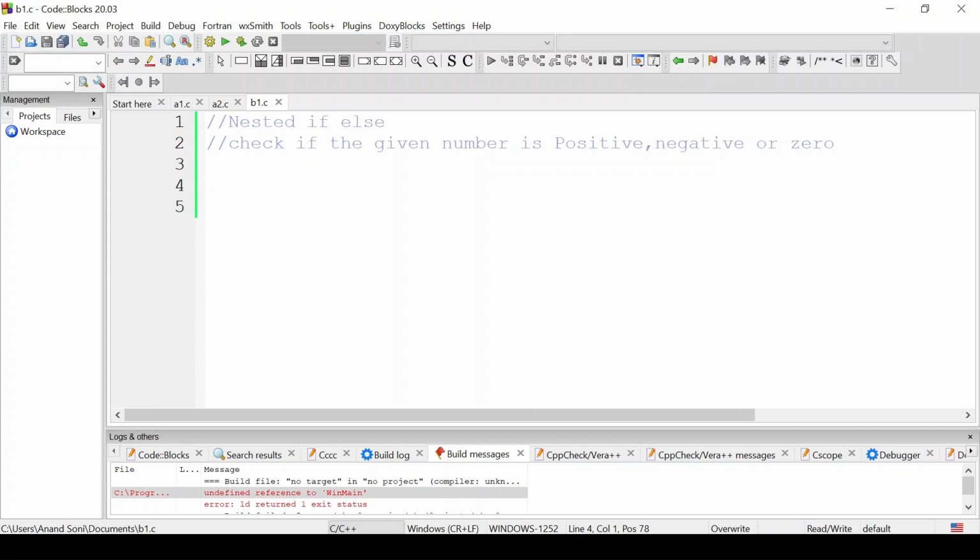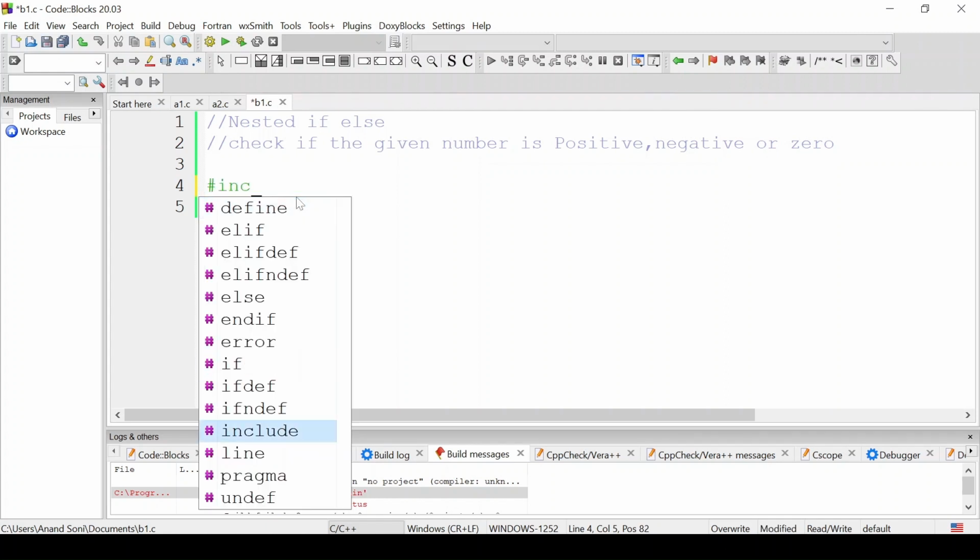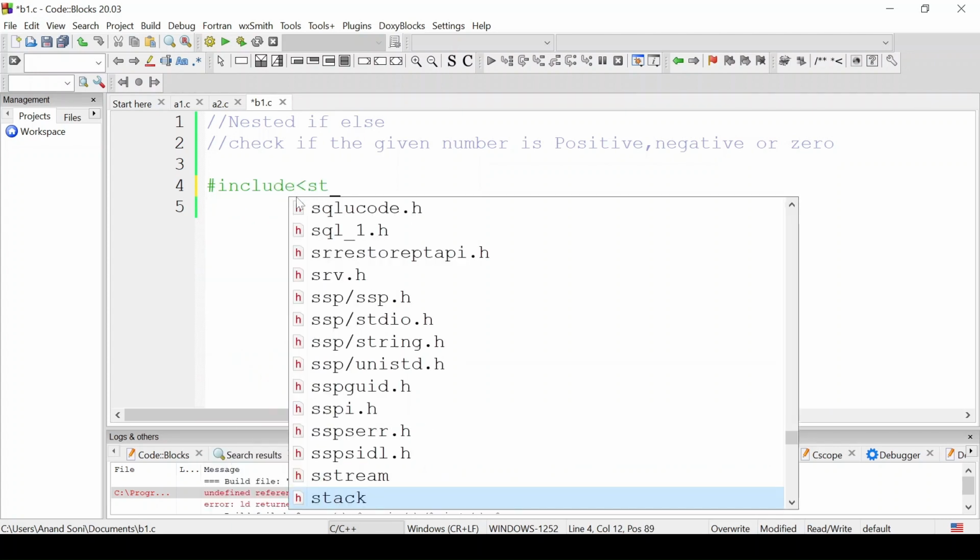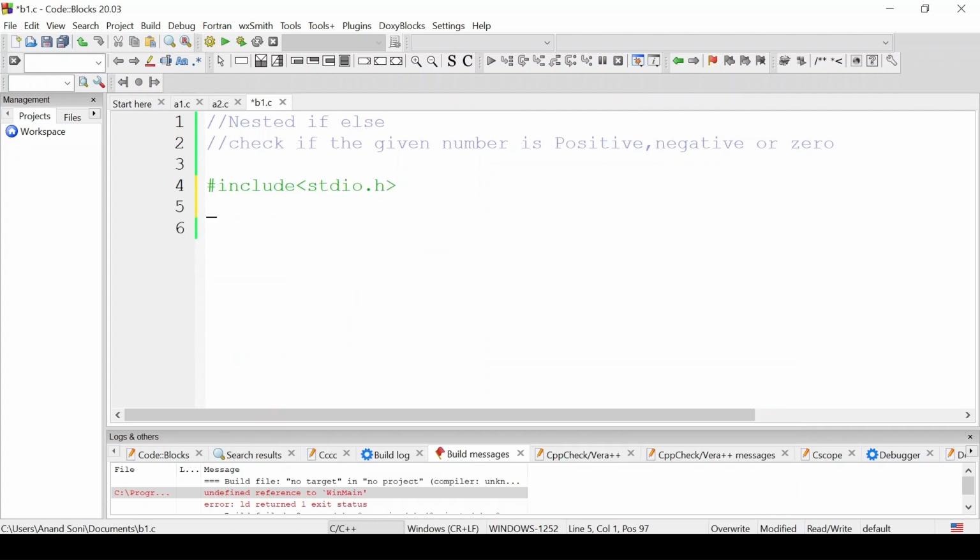Nested if else. We'll try to understand this with the help of an example where we have to take input of a number and check if that number is positive, negative, or zero. So #include <stdio.h>, int main. I have taken number n as an integer and